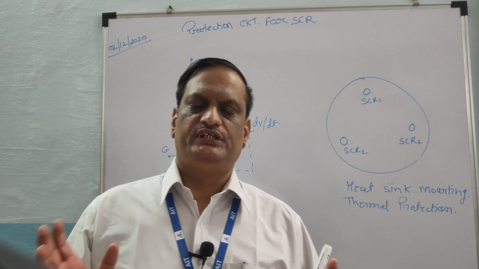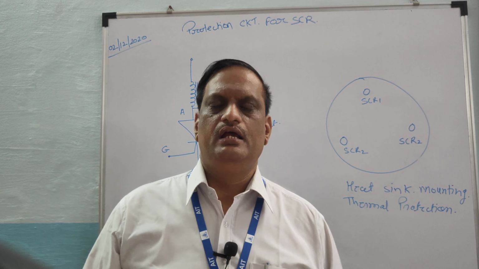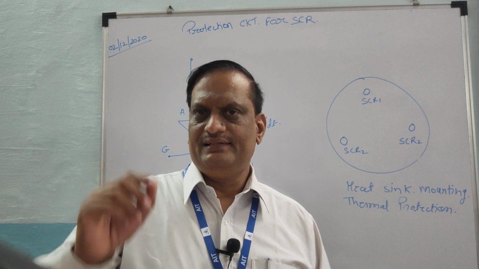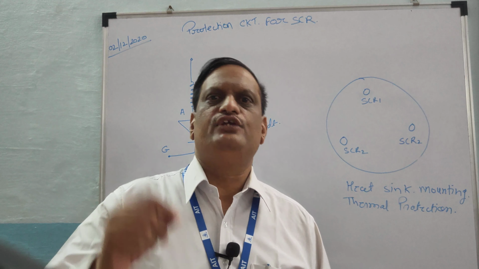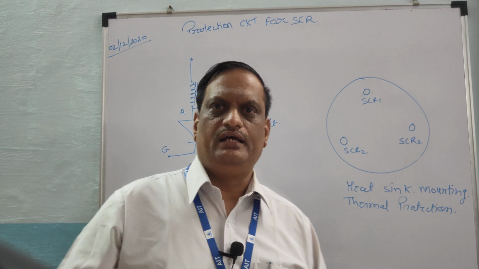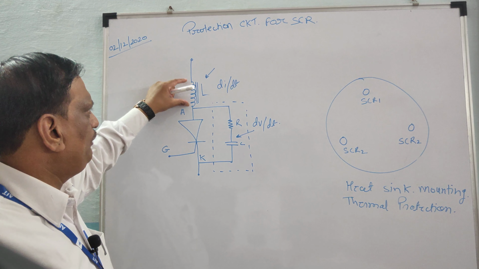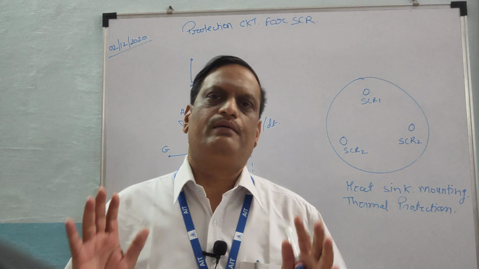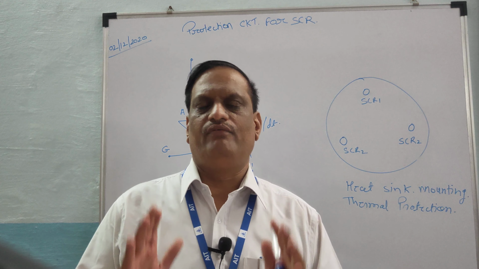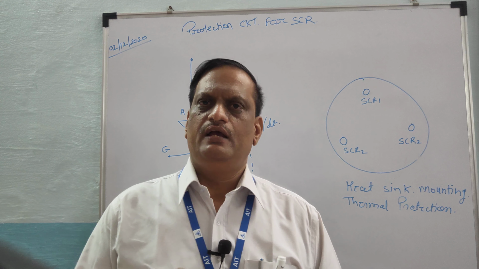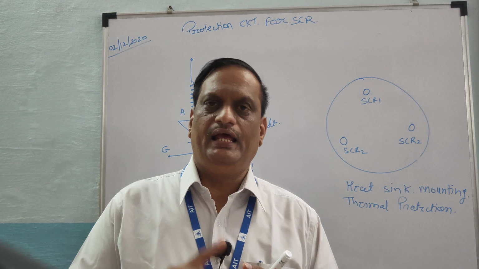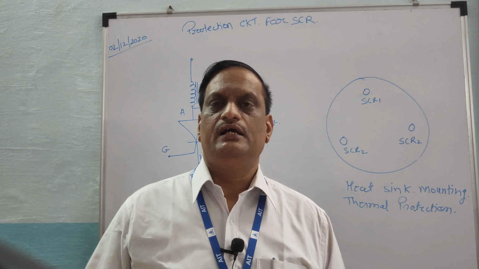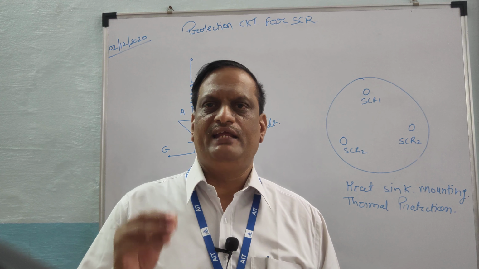We know that if you see the phasor diagram of the inductor, you will find that the current lags the voltage by 90 degrees. So the current is lagging the voltage, and we are taking advantage of this lagging current of the inductor, and we apply a particular value of inductor in series with the anode to protect our device from the high di/dt. So that is called the protection by the inductor. So what we studied is how the inductor helps us to protect our device from high di/dt.